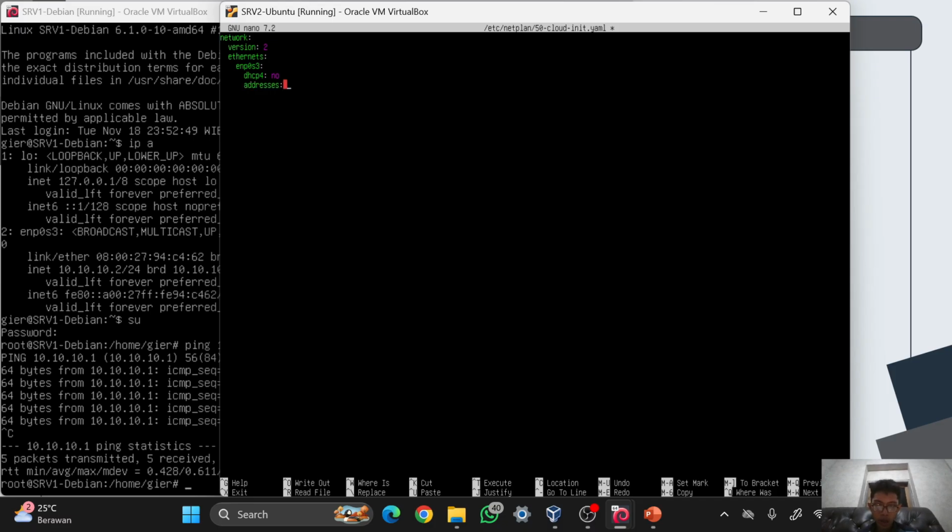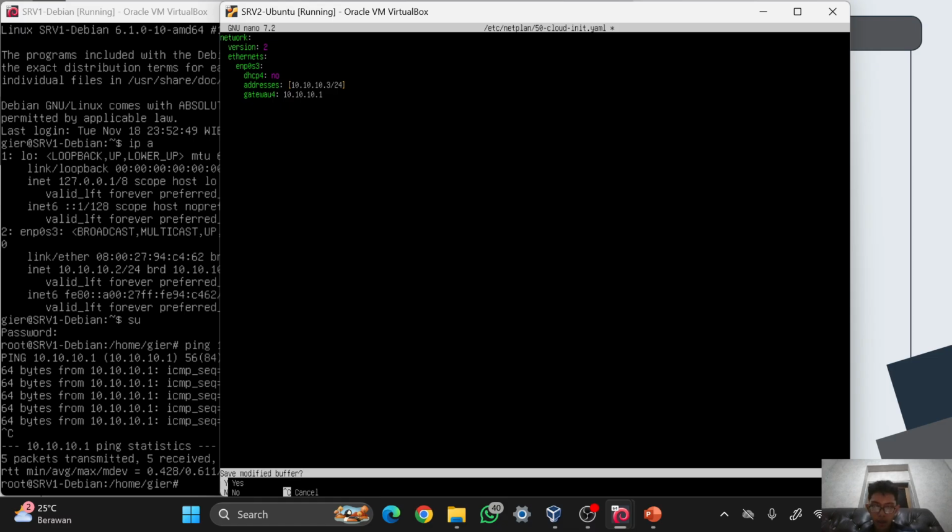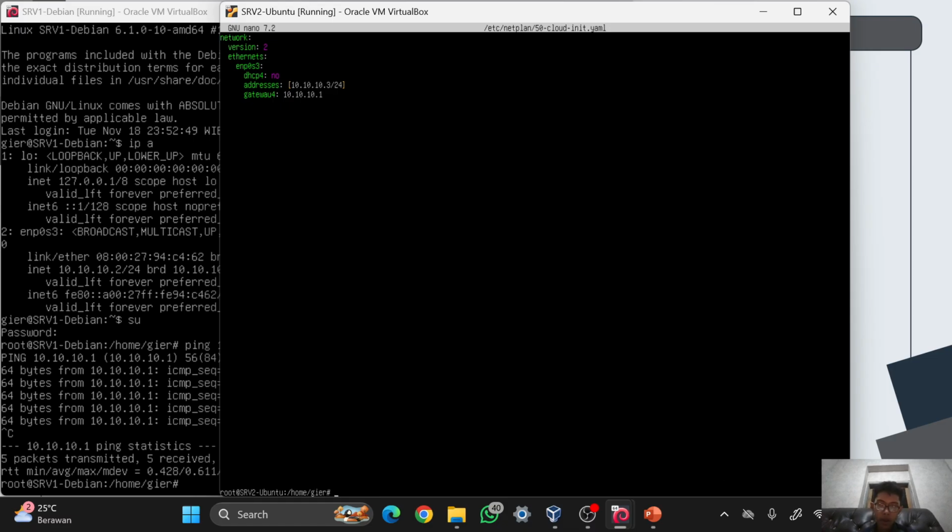Then the IP, it is this one 3, and don't forget the prefix. Then you can close it again, and don't forget to add the gateway, and then the gateway, it is using this IP. Then Ctrl X to save it, and then Y, enter.